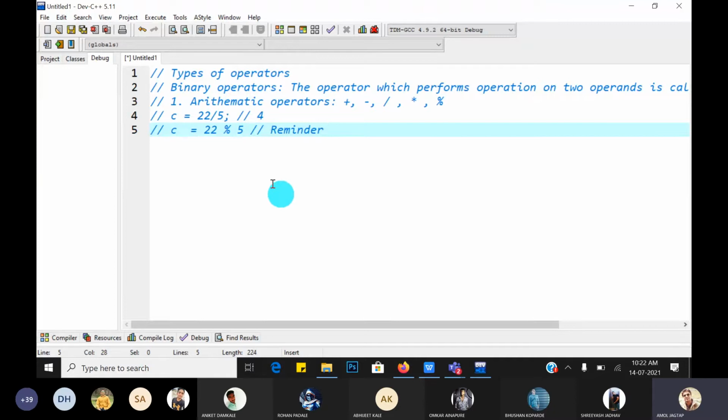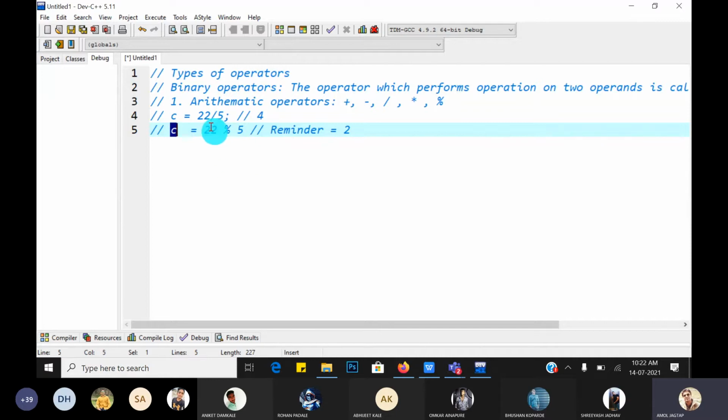If you divide 22 by 5, the quotient is 4 and the remainder is 2. So the mod operator returns the value 2. Always remember, the mod operator returns the remainder and the division operator returns the quotient. This remainder, 2, is saved into the C variable.